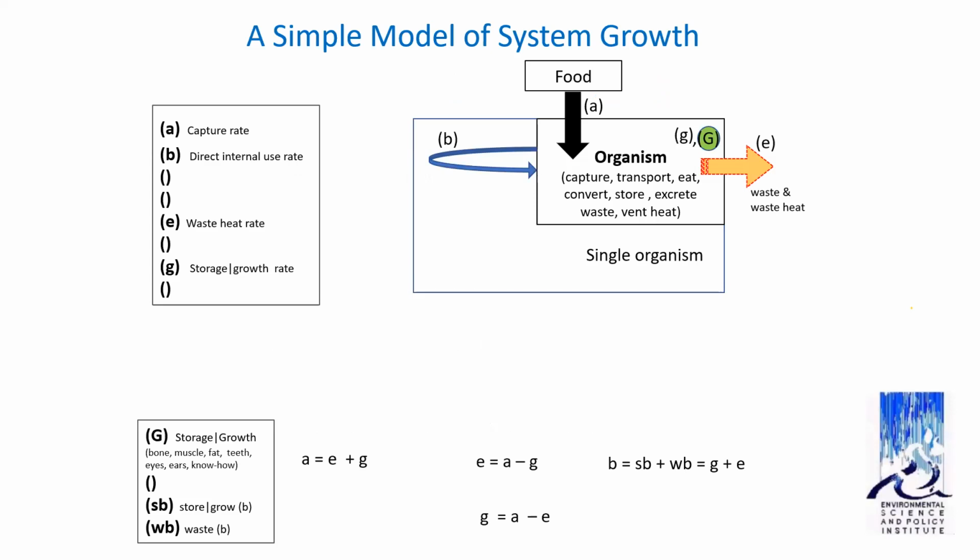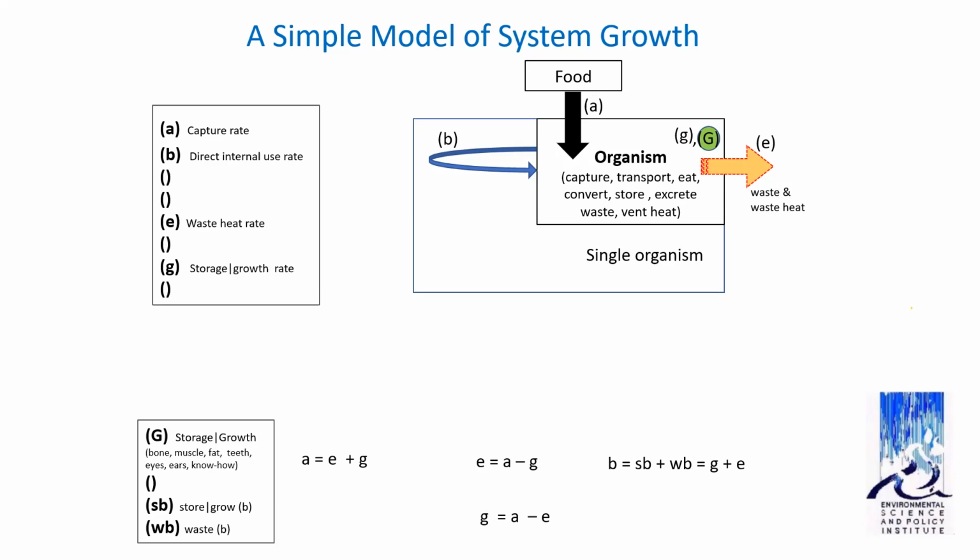Here, let's talk about a single organism, and we just make it in a box. We have food coming in, so that's the capture rate of the energy from the environment. And then there'll be an internal use rate, B, and then we'll have some loss as the waste heat. An organism works this way, and we excrete material too, as well as the heat, but certainly we perspire energy. We're cooling our body all the time. And then we can have a storage function, let's call it G.